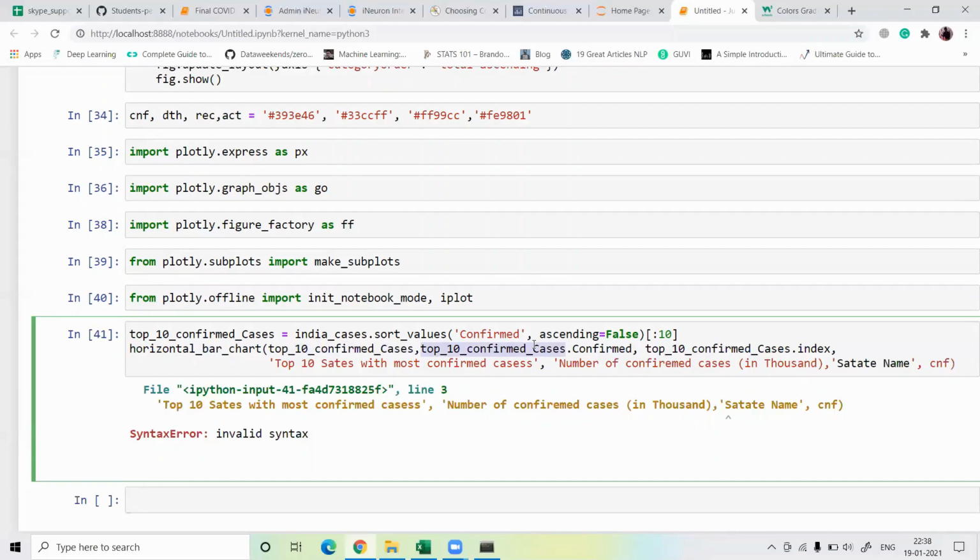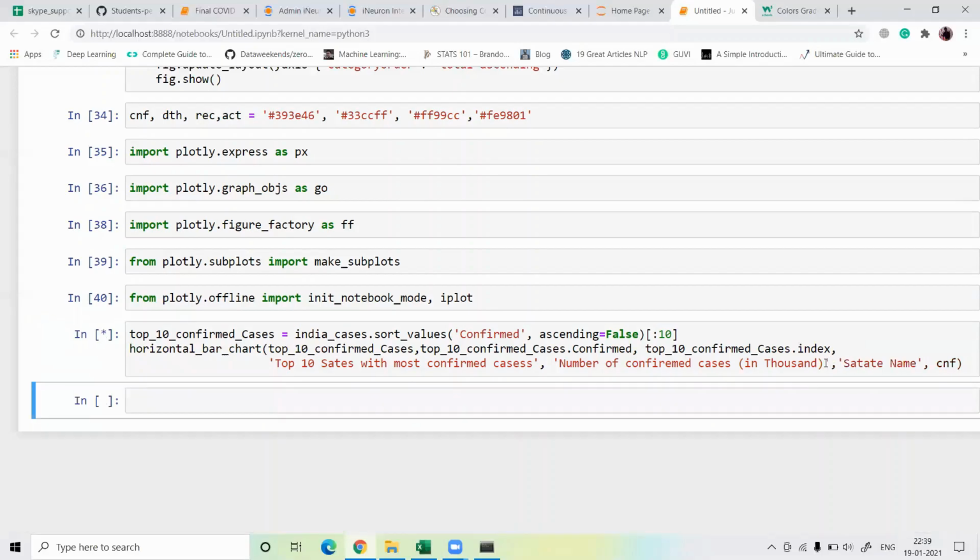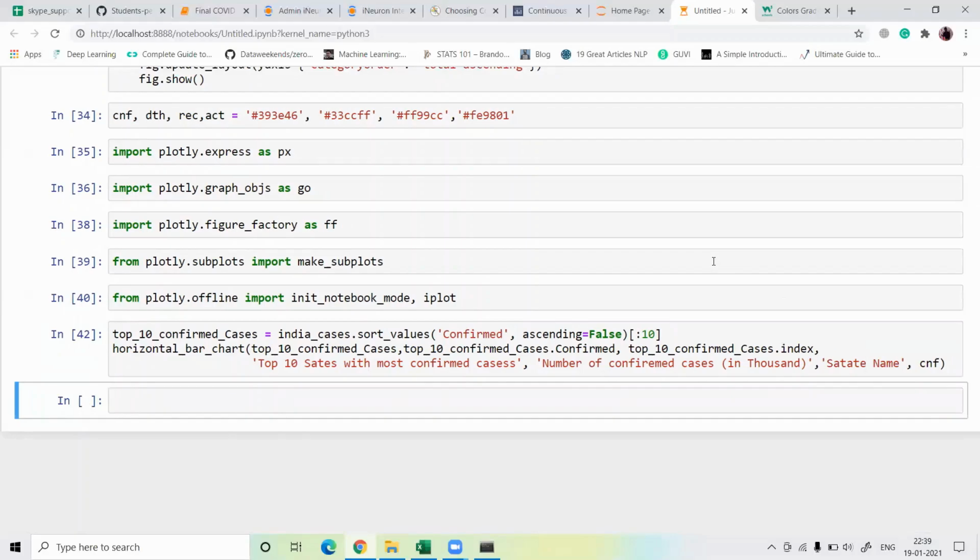Use the confirmed cases, then top confirmed cases dot index. You have to define the top most confirmed cases. Why is it giving the invalid index? Okay, here is the missing part, guys. Let's run now. Okay, hope it's working.